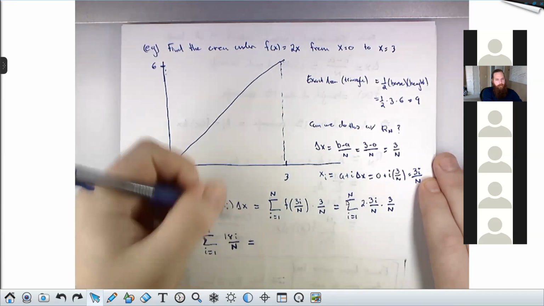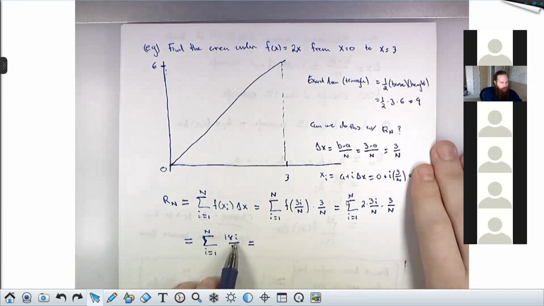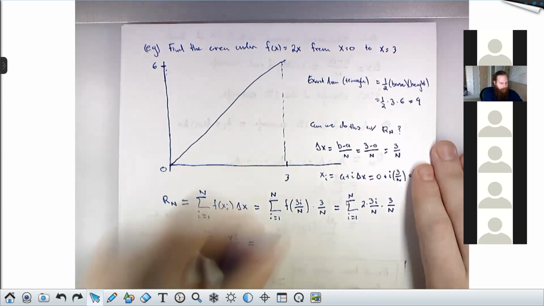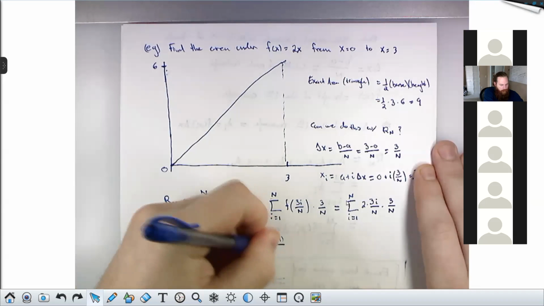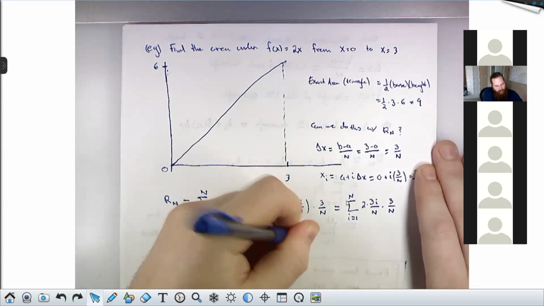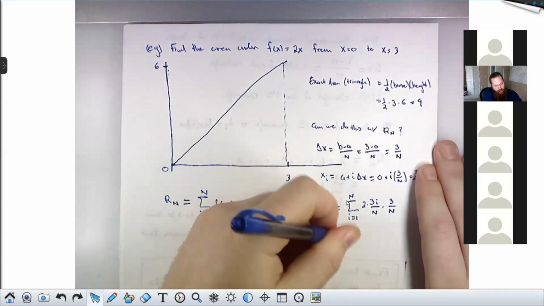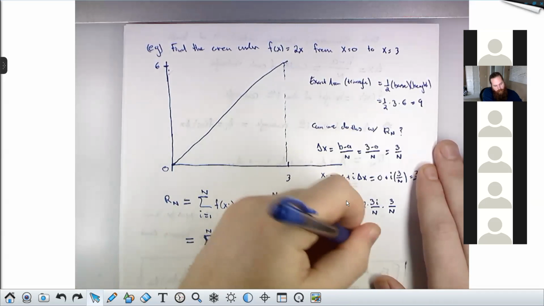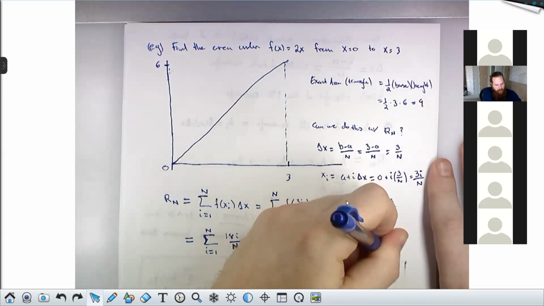And now I'm going to write this out because it's the first time we've done it. In general, you won't write these out. You'll just pop out the things you can pop out. But I'm going to try to justify to those of you who haven't seen sigma notation in a while why I can do this. Remember what this says. This means add up all of these things from i equals 1 to n. So this is 18 times 1 over n plus 18 times 2 over n plus 18 times 3 over n, all the way out till the last term here is 18 times n over n.